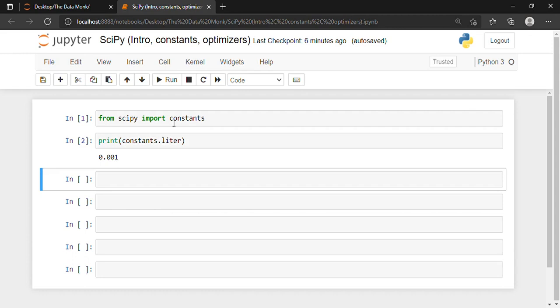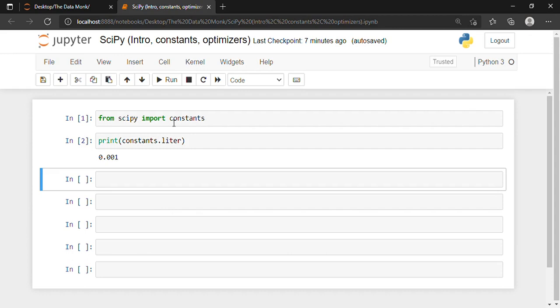Let's discuss the constants in SciPy. As SciPy is more focused on scientific implementation, it provides many built-in scientific constants. These constants can be helpful when we are working with data science. For example, pi is an example of a scientific constant.